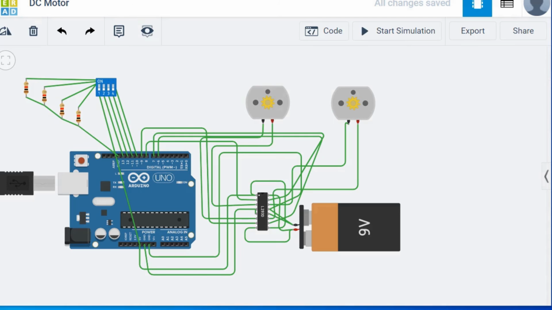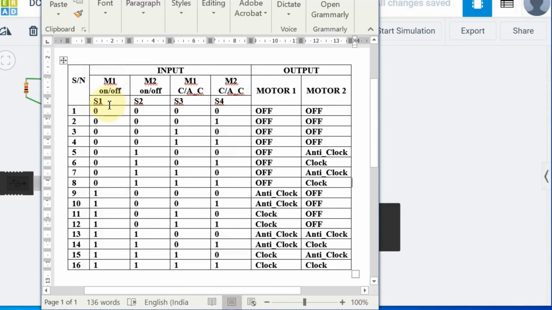I have assumed that switch 1 will control motor 1 on or off, and switch 2 will tell to turn motor 2 on or off, and switches 3 and 4 will tell whether it should rotate clockwise or anti-clockwise. Suppose it is 0 at switch 3, then motor 1 will rotate clockwise, otherwise anti-clockwise.